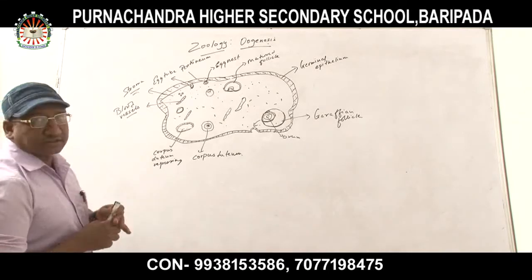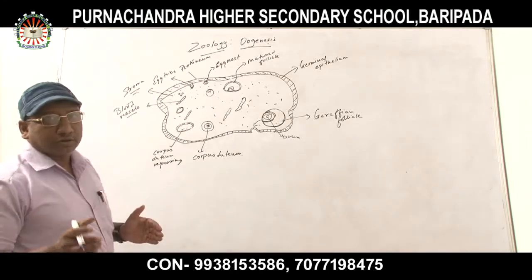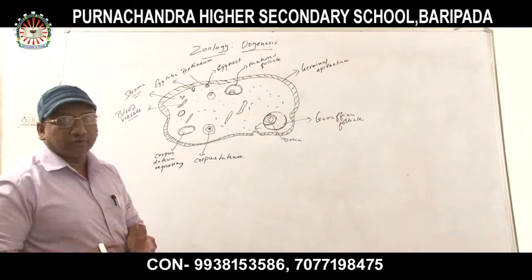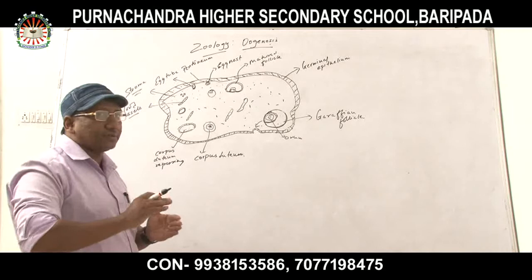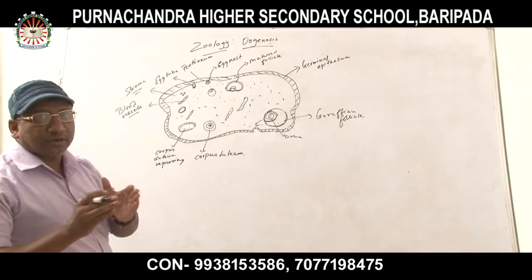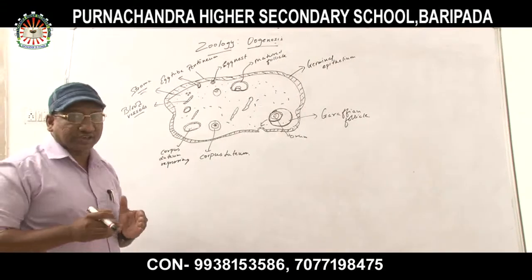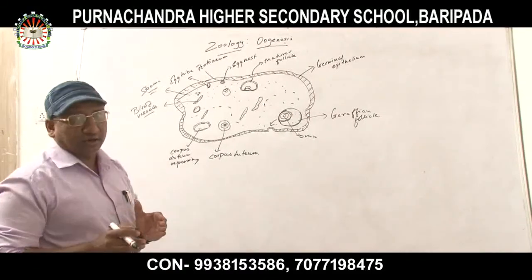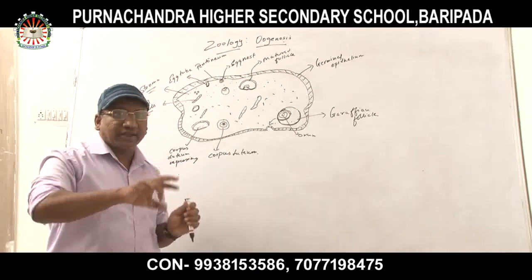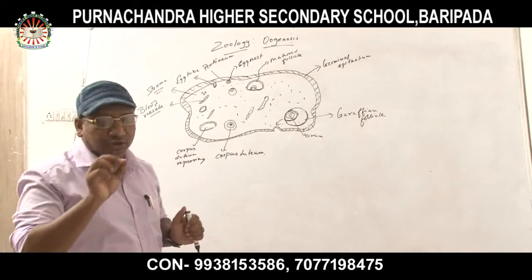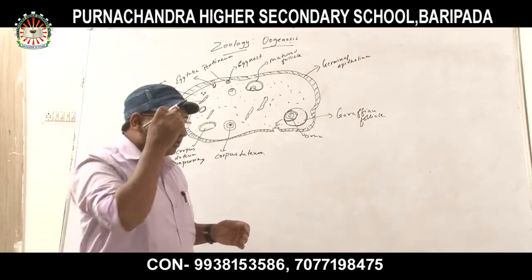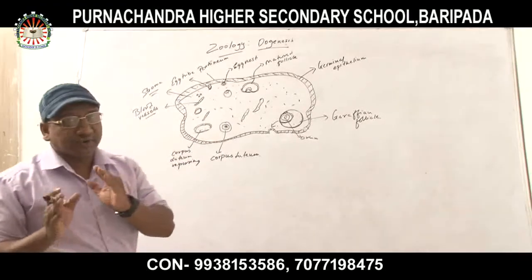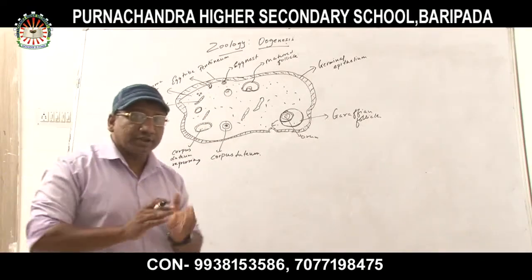In a previous class, I taught you about the longitudinal section of the ovary and the structure of the uterus. Now some more parts are left between the male and female reproductive parts. What is it called? Urethra. So the common part between the male and female reproductive units is called the urethra. Now I am going to explain the difference between the male urethra and the female urethra.